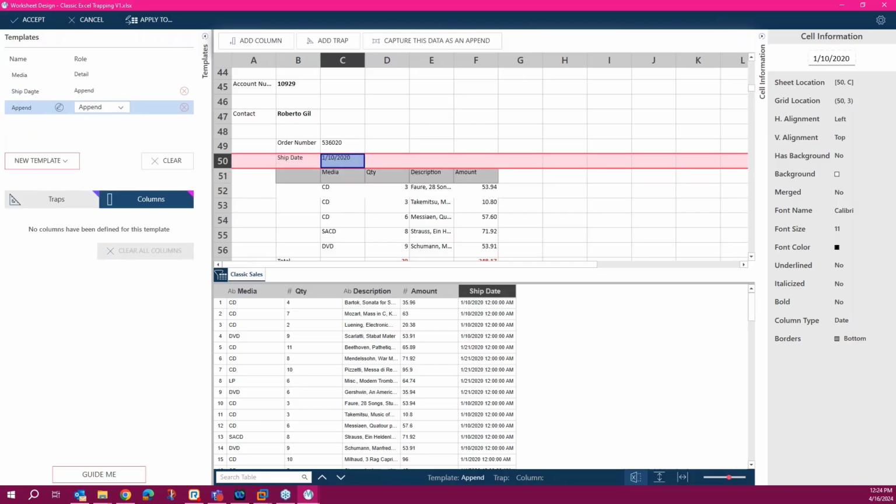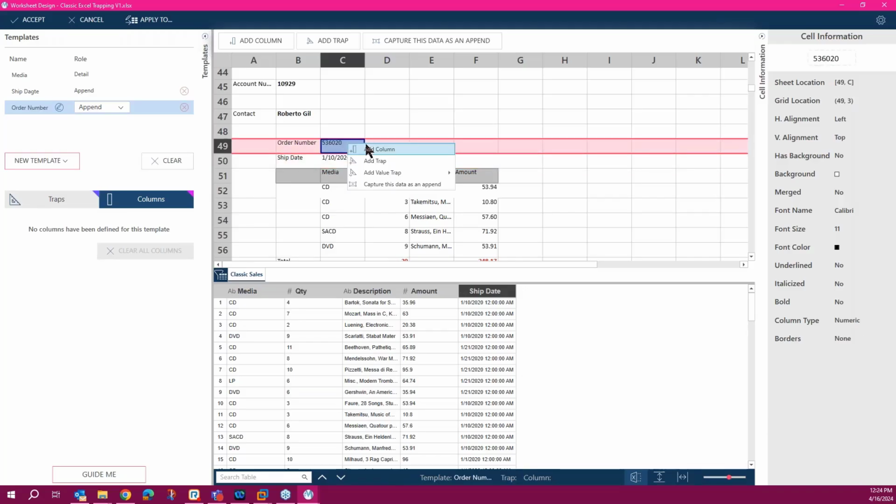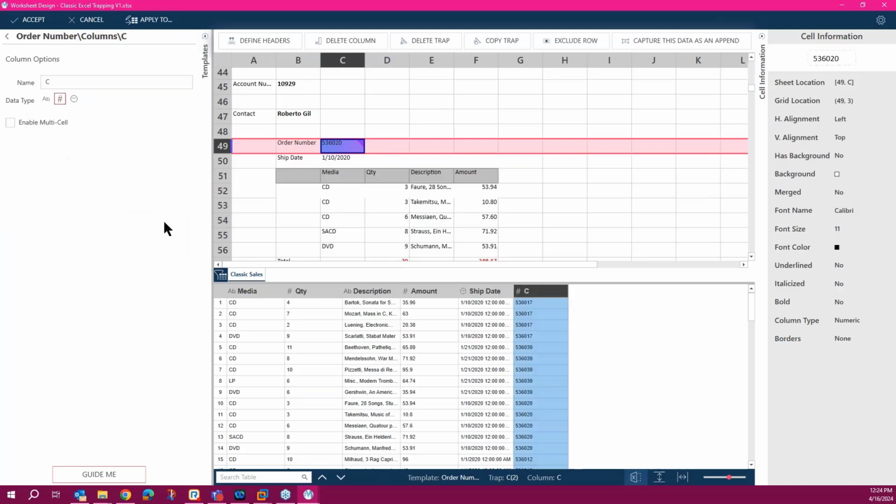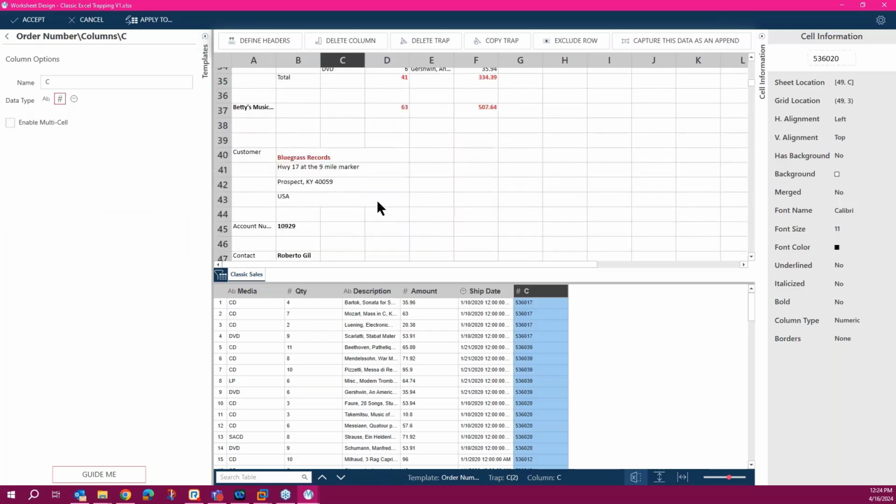And then another template. Again, order number is above the detail. Add column, and we change the name to order number. Now let's select customer.